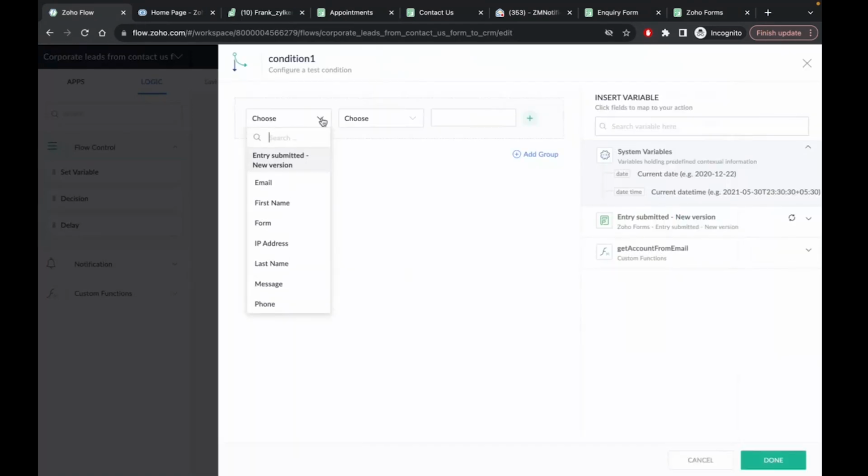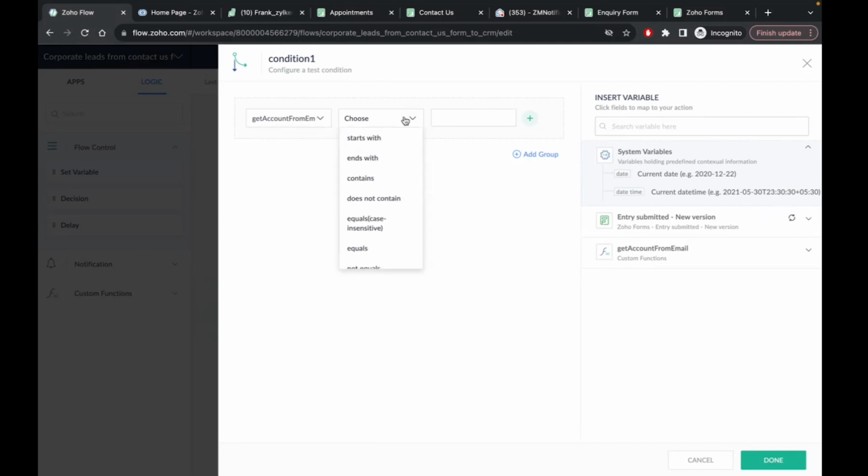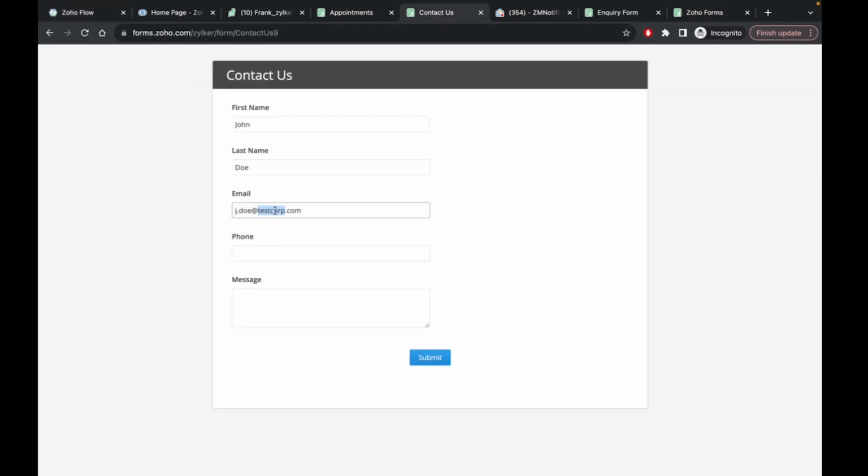Now we'll go ahead, and so this is the string that we've obtained from the previous custom function, equals, let's say, Gmail. I'm just checking if the substring that we obtained from this email is Gmail,